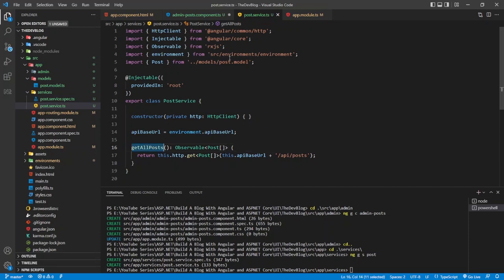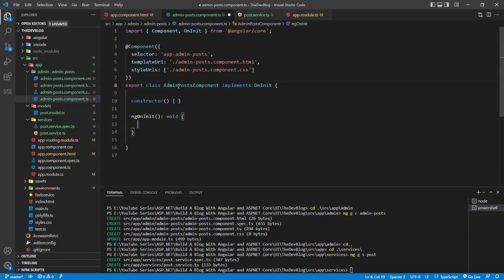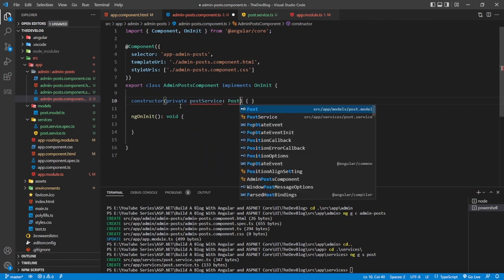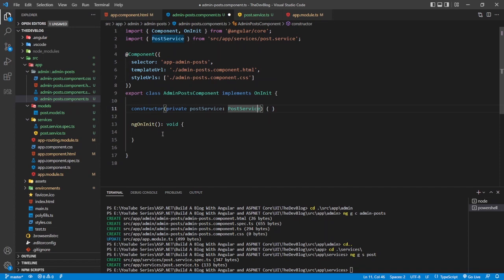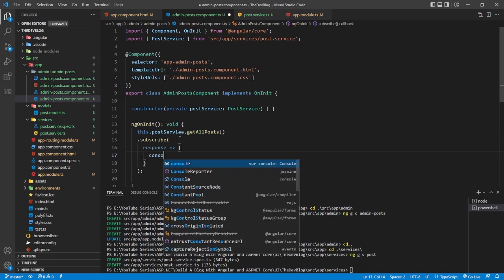and we can now use this service inside the admin posts component. So I will first inject the service over here. Private postService is of type PostService, and now use that service inside the ngOnInit. So when the page loads, we want to call the API to get all the posts. Because it's an observable, we have to subscribe to it to get the changes, and we will console log the response